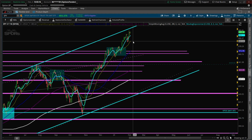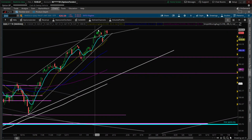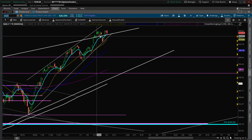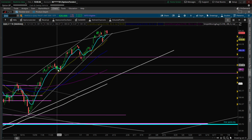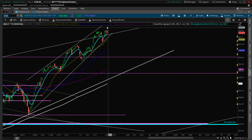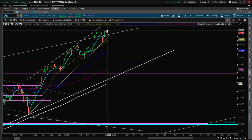So on the triple Qs, it's no coincidence where the market is holding. You had this rising wedge, you have a throw over, and we're holding onto the top of this rising wedge here, the larger one, which is the 8 EMA as well. And then we have this smaller rising wedge that still possibly could go. I don't think we'll hit the top of the wedge again, but we did form slight divergence with this high